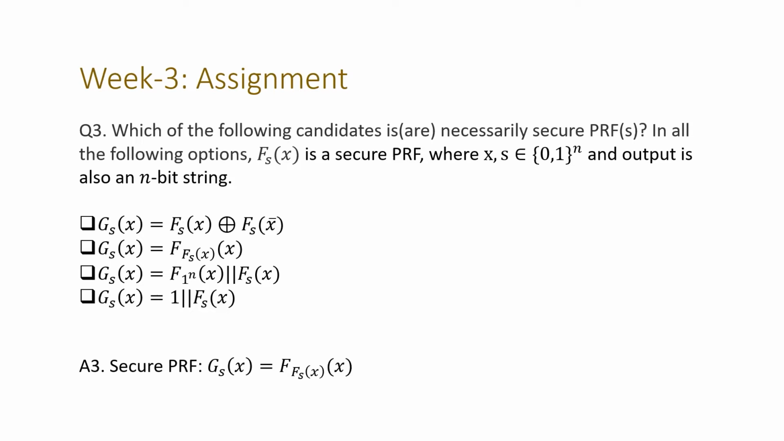So let's see them one after another. Here g of s of x is given as F of s of x XORed with F of s of x bar. This is of course not a secure PRF. Intuitively, if you see that